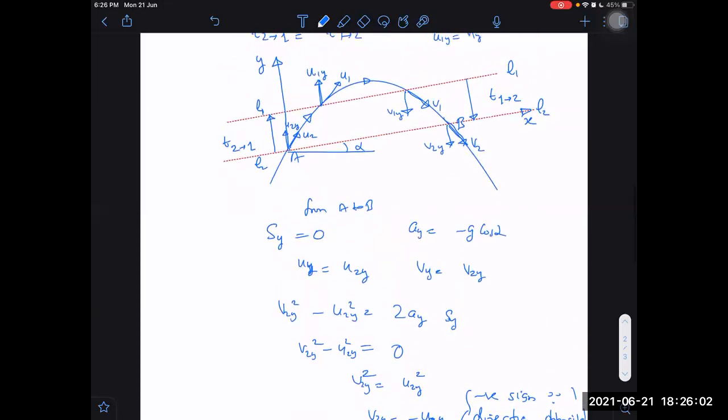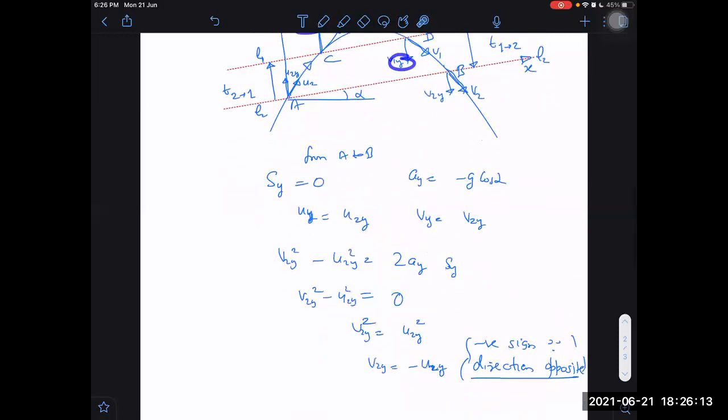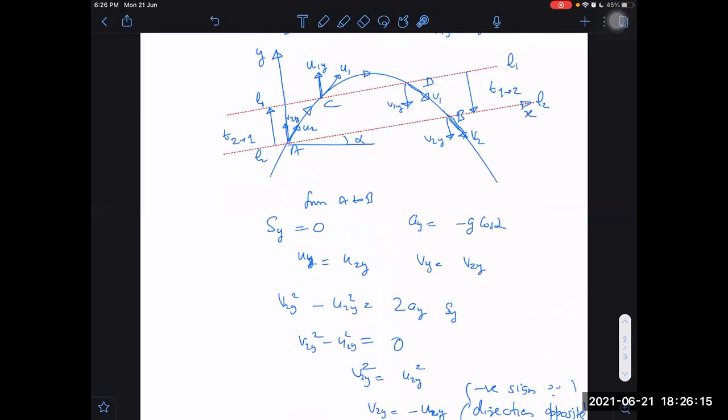Right. So can I say a similar thing for the particle going from C to D, this place to this place? Then I can say u1y will also be equal to v1y. If I am able to say that, then I can tell that along the y-axis, the average velocity here and the average velocity here will be the same. If the average speed is the same and the distance is the same, then the time taken to go from A to C will be the same as the time taken to go from D to B.